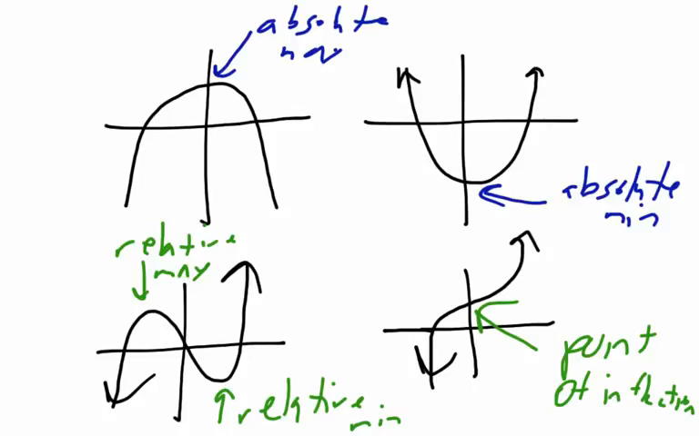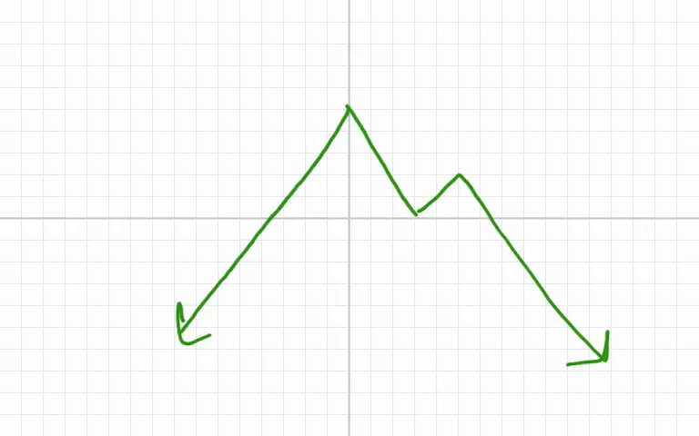So those are all of the different types of critical points that we have. Anything that is a max or a min on this page, so anything except for the point of inflection, is also called extrema. Taking a look at this graph, if we want to find the extrema, the first one we